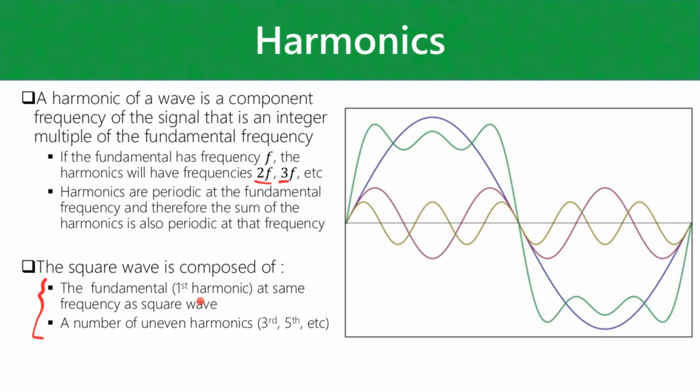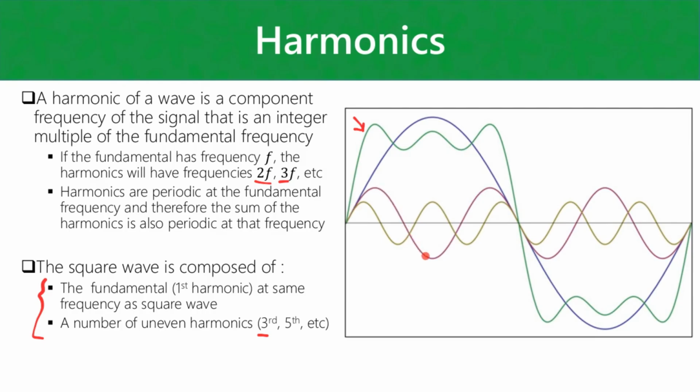So with a square wave, you guys will see that the fundamental frequency is basically the frequency of the square wave itself. So basically this turquoise waveform is a square wave constructed out of 3 sine waves, essentially. And the harmonics for a square wave will be odd harmonics. So third, fifth, seventh, ninth, and so on. So basically what this means is, so the third harmonic, for instance, if we take a look at the third harmonic, which is this wave here,